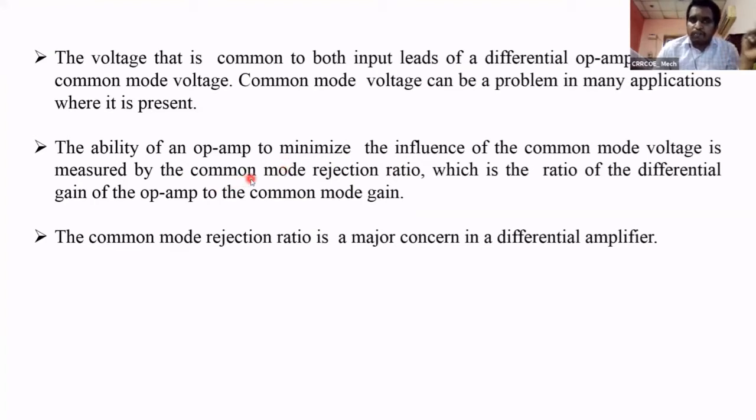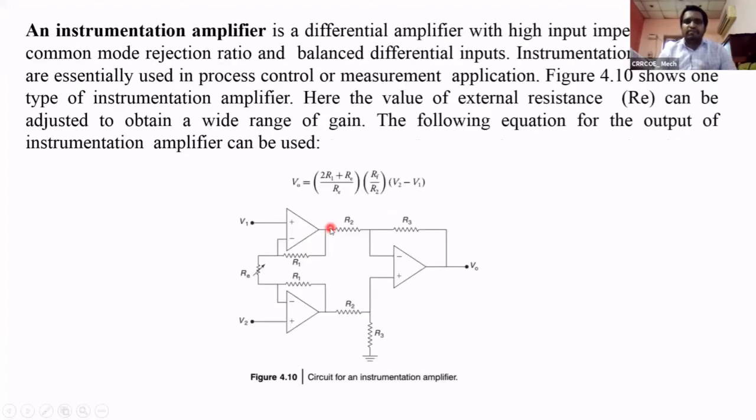The instrumentation amplifier has high input impedance. At the same time, it possesses a high common mode rejection ratio, which means the common mode gain is very less. We are minimizing the common mode gain. This is why the instrumentation amplifier is used in instrumentation applications: it has high input impedance and high common